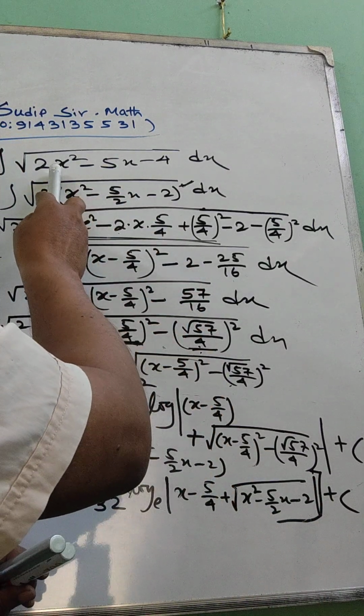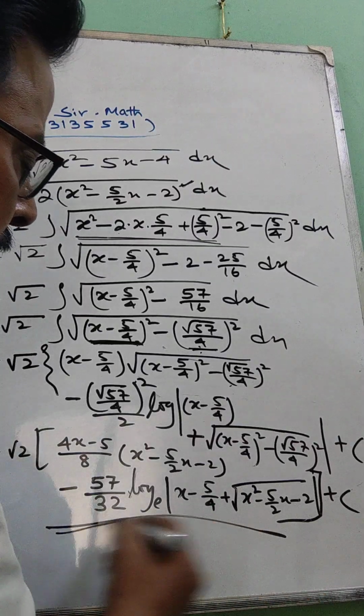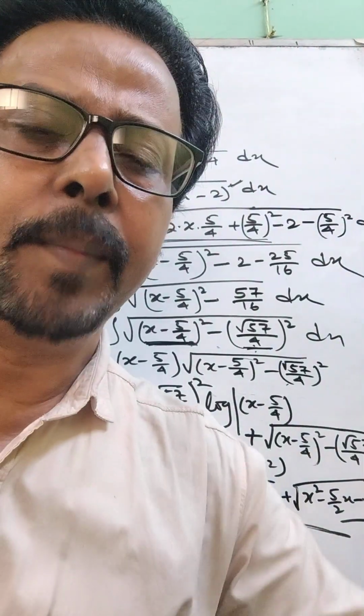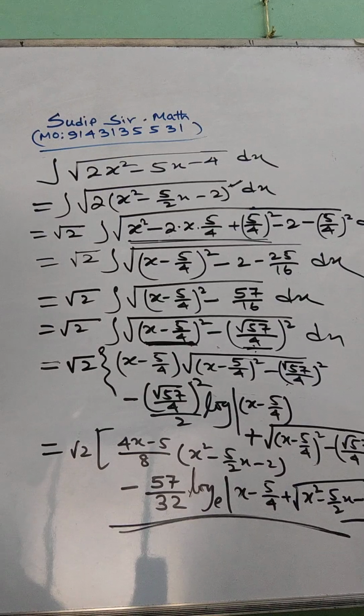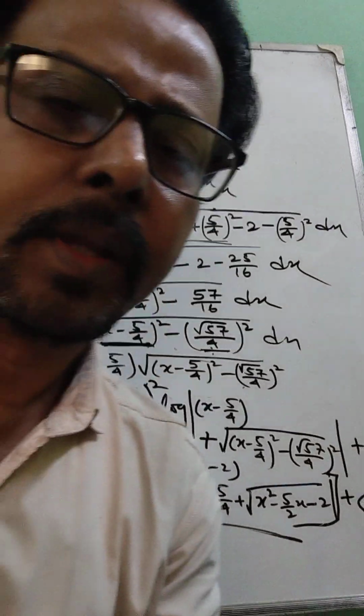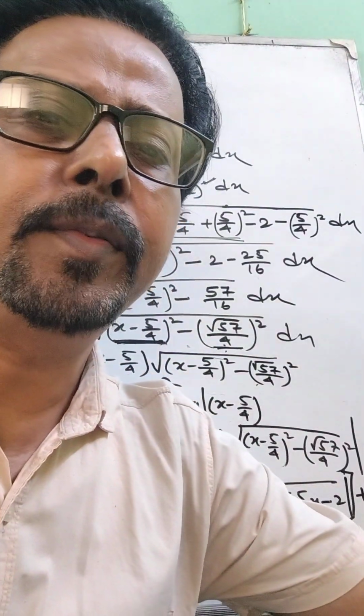So for this integration, the result will be this, by using that formula x square minus a square. Okay, is it clear? For application of that,